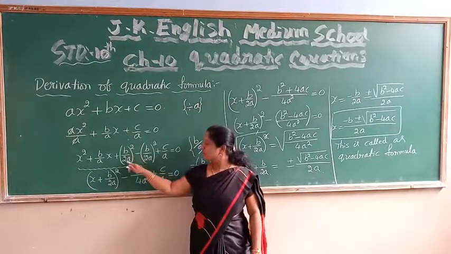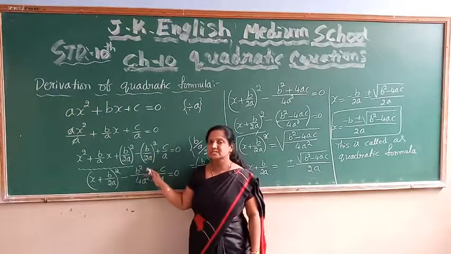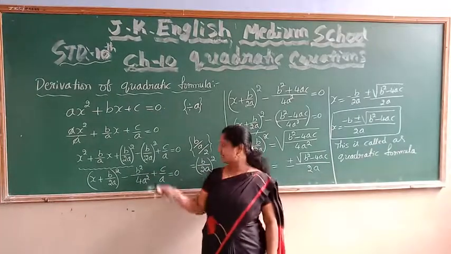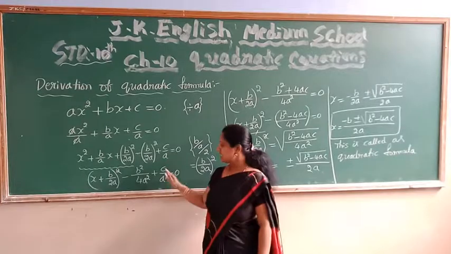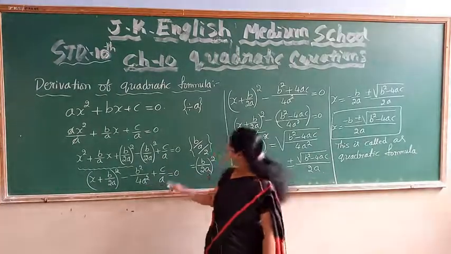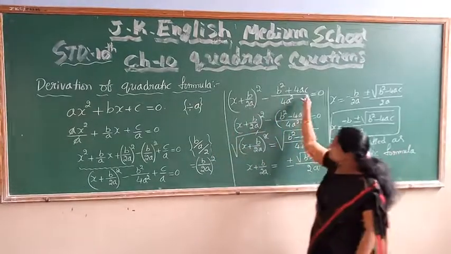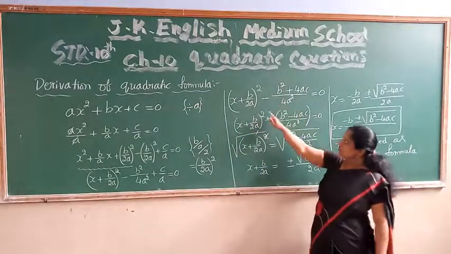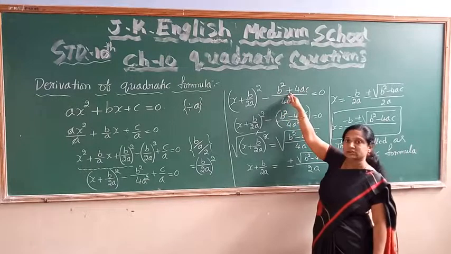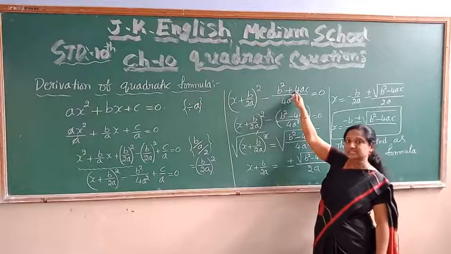So we will add it once and we will subtract it once. Same steps that you used in the completing the square method, the same steps if you use, and after simplification. Here be careful, take the LCM for these two, and here the minus sign we want for both the terms. Be careful here. Here there is a minus and here it is not there. So this minus sign is not applicable for this.